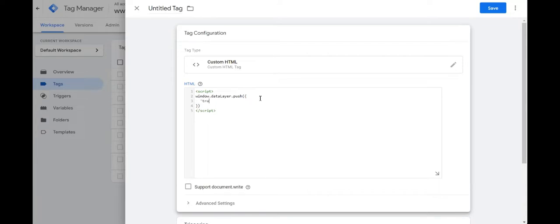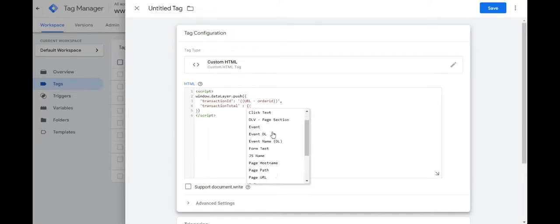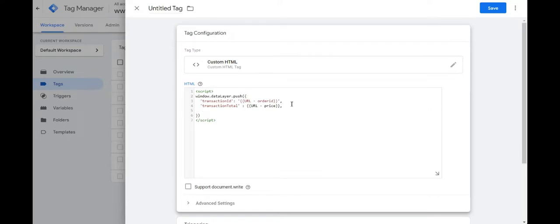So suppose I want transaction ID. Transaction ID, I want to set it on the variable that I created for order ID. So URL order ID. Then I'll add a comma. Then I want transaction total. So I'll set this on the price variable, URL price. Now next I want